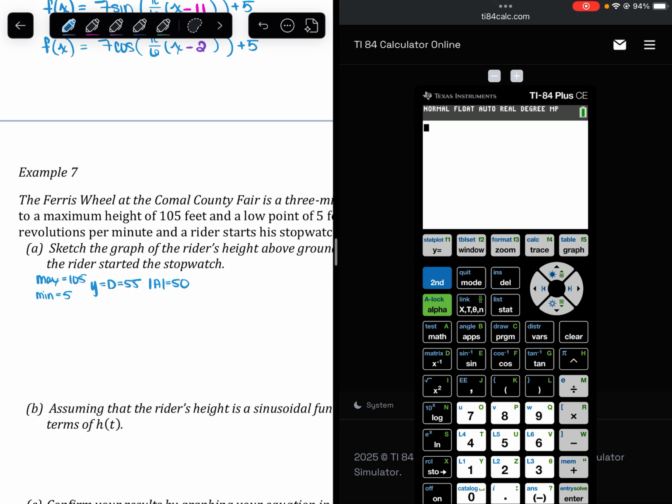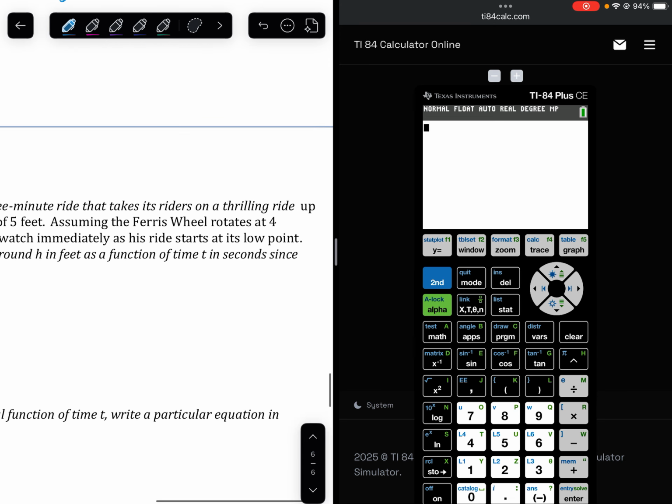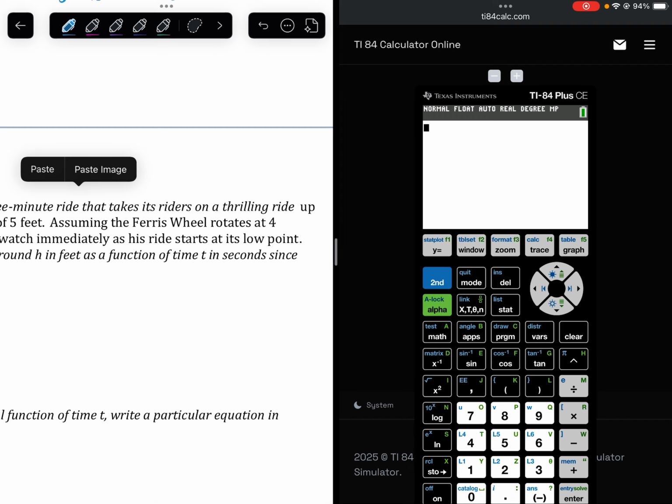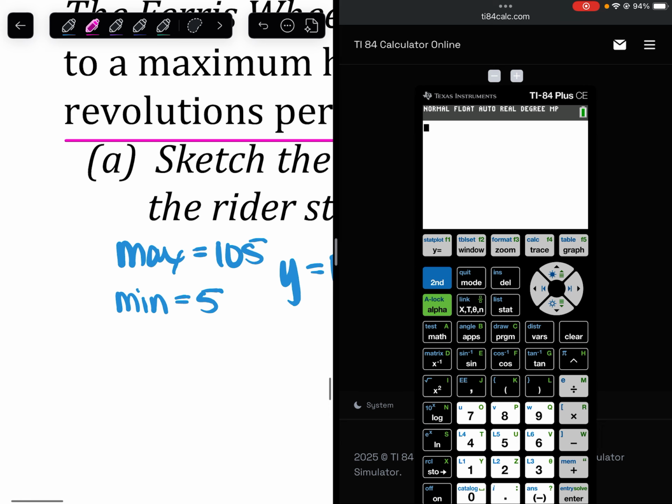All right, period. It says somewhere in here, the wheel rotates at 4 revolutions per minute. Okay. So this is what we're going to use to get our period. So we know we make 4 revs